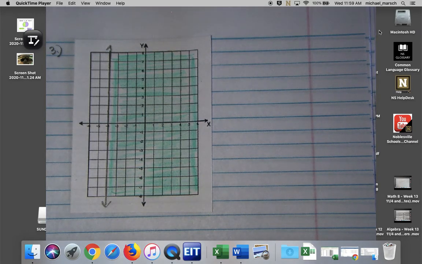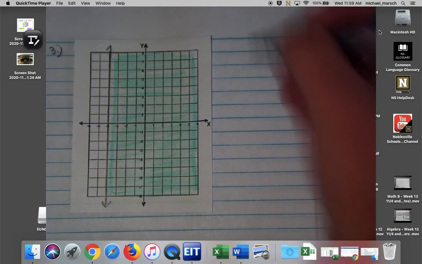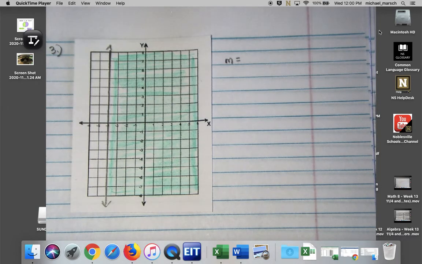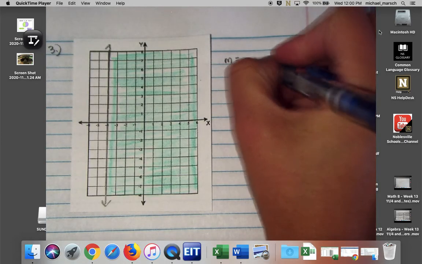All right, so we have a vertical line here. So that tells us, well, first of all, what's my slope of a vertical line? Undefined, right? Think of the nose of Mr. Slopeface, right? He has a little U underneath it. So my slope is undefined,